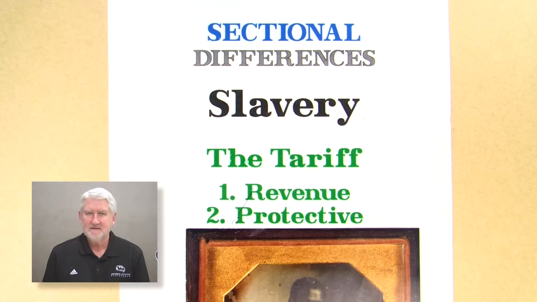In the North, the Industrial Revolution was beginning to set in. In other words, folks up north, realizing they were not going to make a lot of money being farmers up there in the chilly, rocky climes of New England, began to build factories, textile mills, paper mills, etc. And in order to protect those products from foreign competition, folks in the North began to lobby Congress to put taxes on foreign goods that would compete with Northern products.